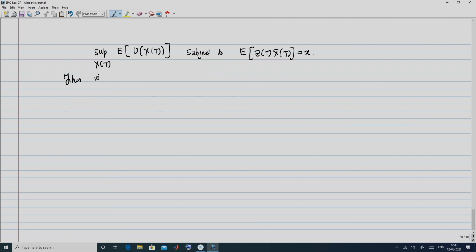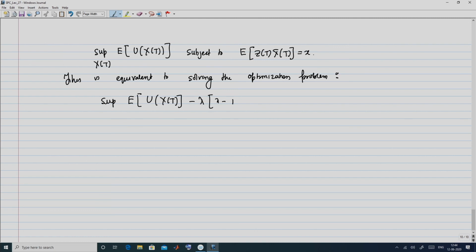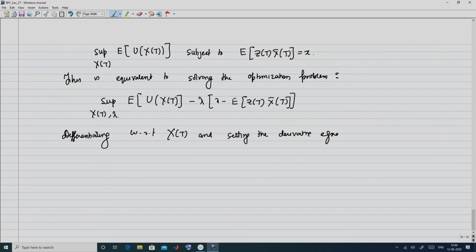and this is equivalent to solving the optimization problem of supremum. So, I am defining the Lagrangian supremum of u of x of t minus lambda into x minus expected value of z of t into x bar of t over x of t and lambda. So, differentiating with respect to x of t and setting the derivative equal to 0,